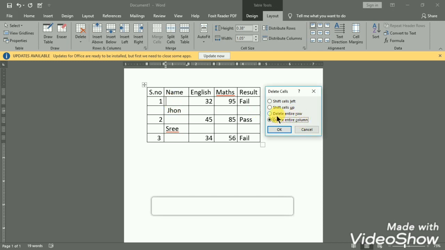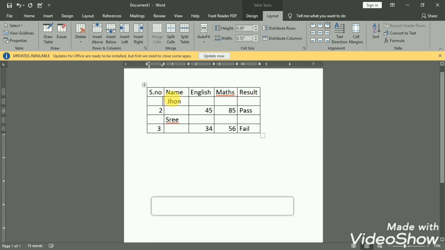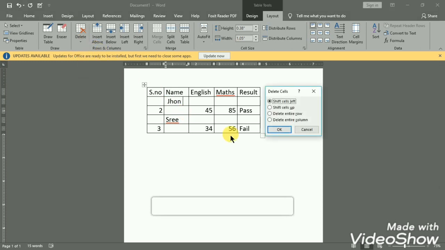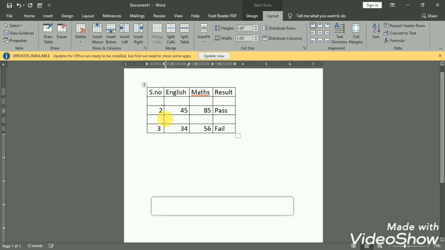If you want to delete a column, I have placed the cursor at John, that is the name column. Select delete cells and then delete entire column, so that the name column will be deleted. So you can delete columns, rows and cells.